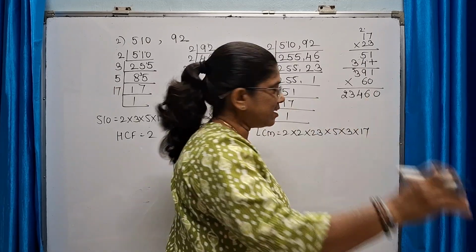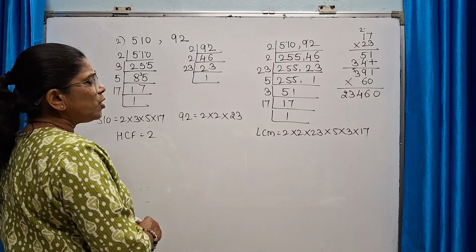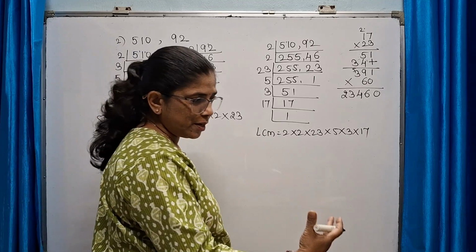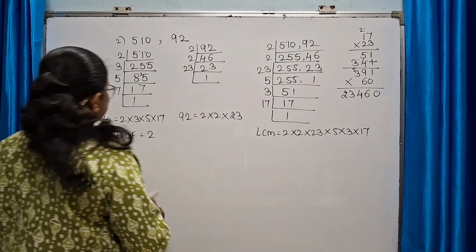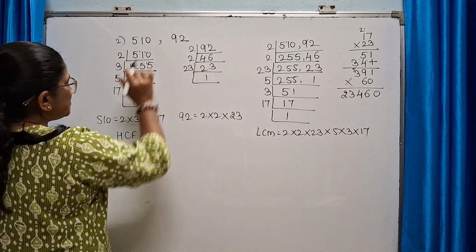23,460 is our LCM. Now what we have to do? We have to verify the relation between the numbers and HCF LCM. Okay. Now here our numbers are